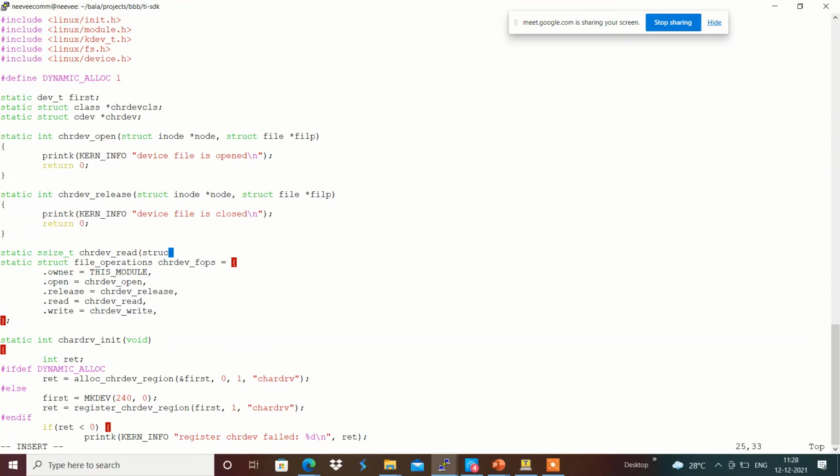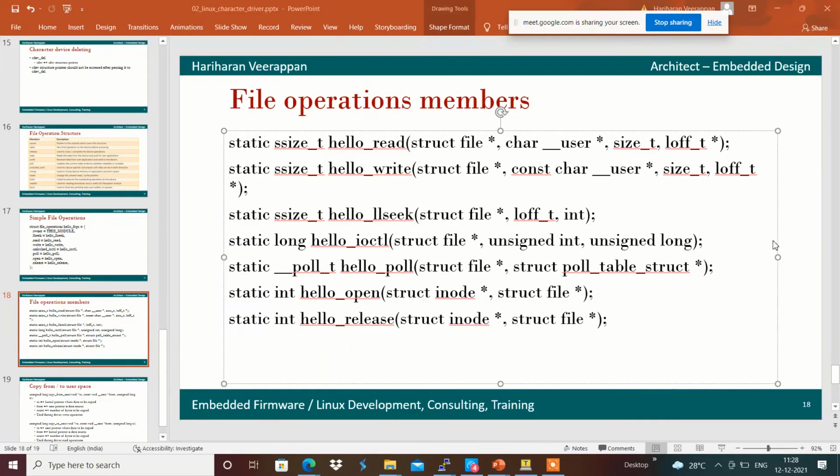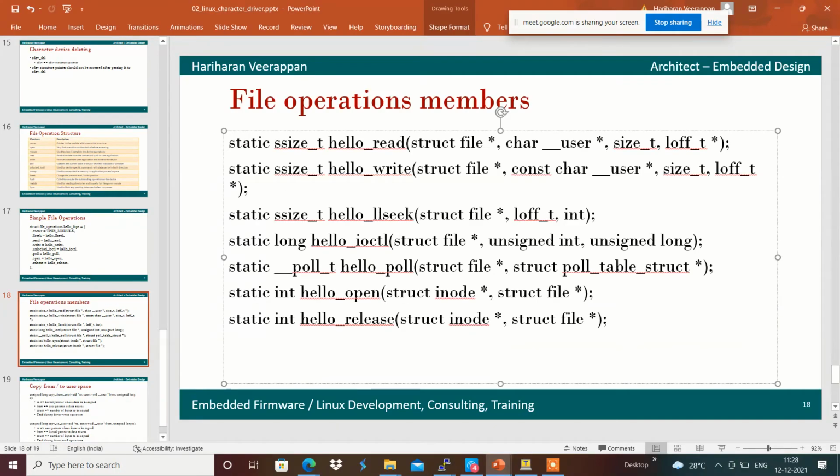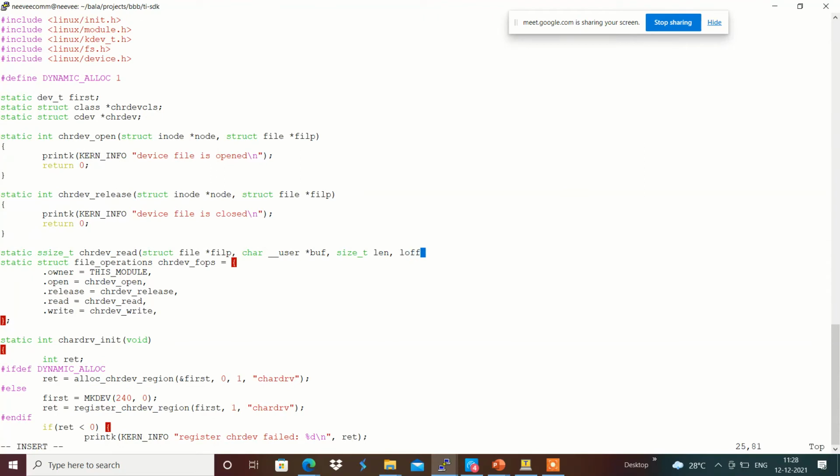I am going to use struct file star file pointer, then a char __user pointer buff, and the size, which is size_t len, the length of data, and loff_t star offset.